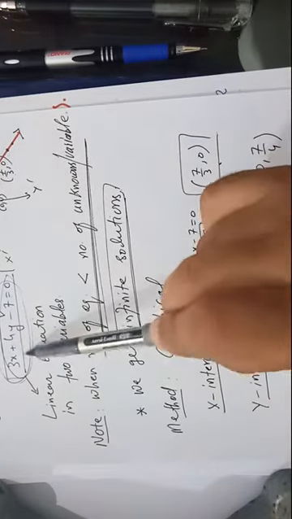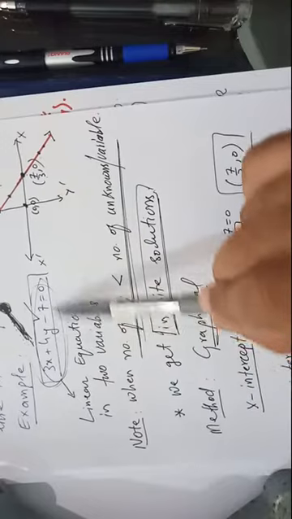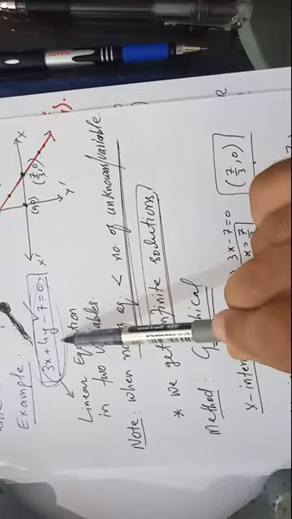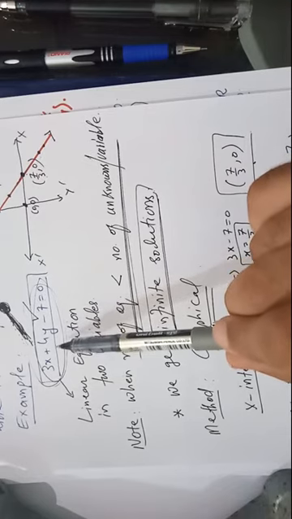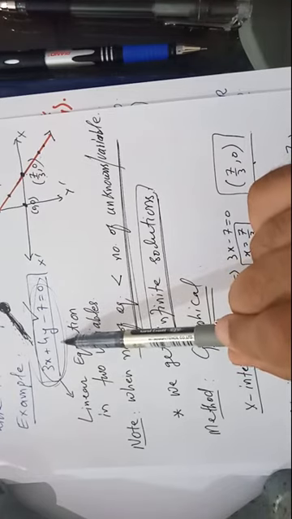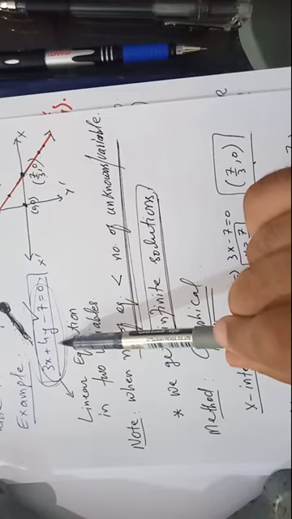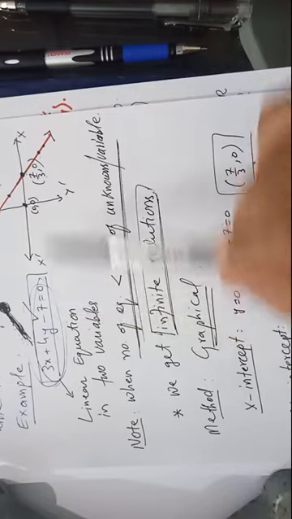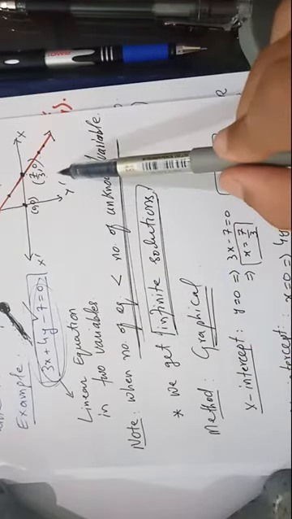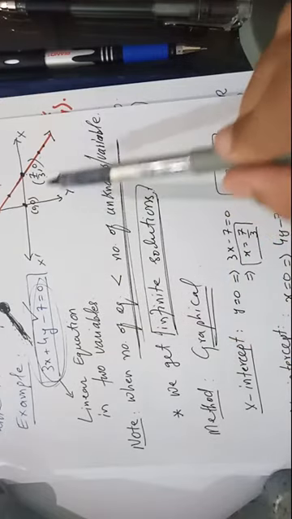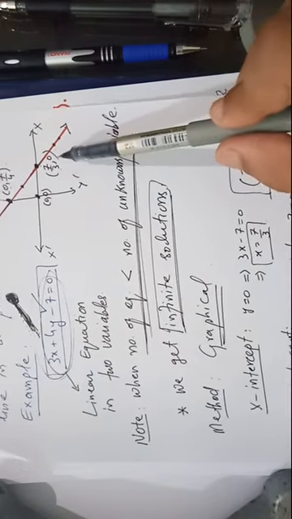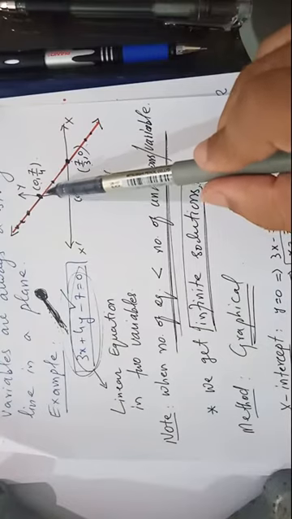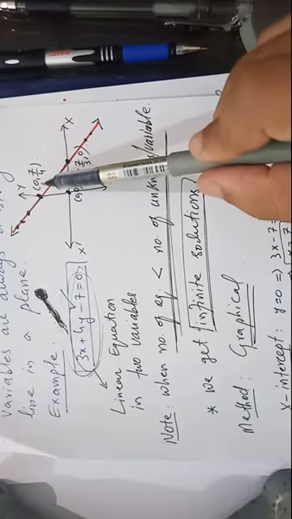Please study this and practice how you can draw the graph. You can easily draw the graph of this equation, because you know from the beginning that the graph of a linear equation in two variables is a straight line. That straight line in a two-dimensional plane, when you draw a rectangular coordinate system, must pass through the x-axis and y-axis. When it passes through the x-axis, the y coordinate will be 0, and when it passes through the y-axis, the x coordinate will be 0.